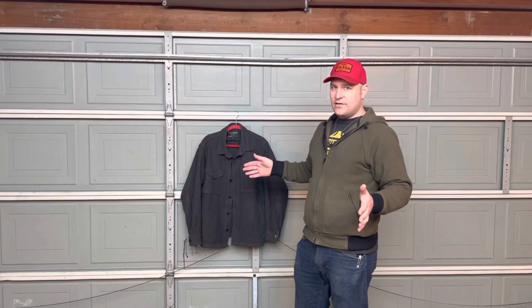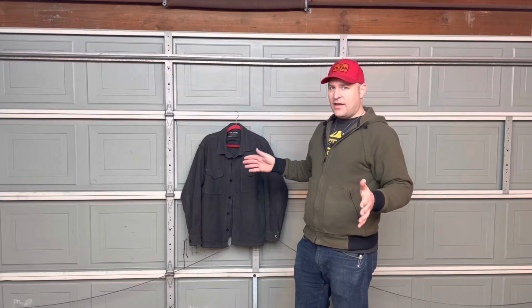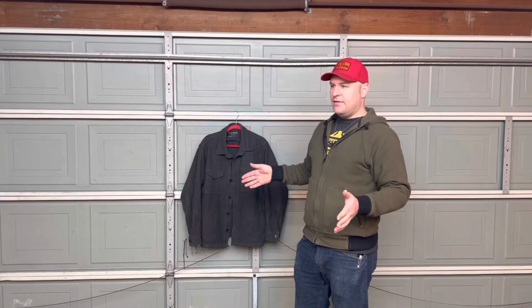And in that video, I'll probably be talking about how the anorak stacks up to the double mac, even though those two are not really the same thing. I just have a lot of experience with both of those. And I mean, they're both going to perform in similar environments. So in any case, to the hoodie,